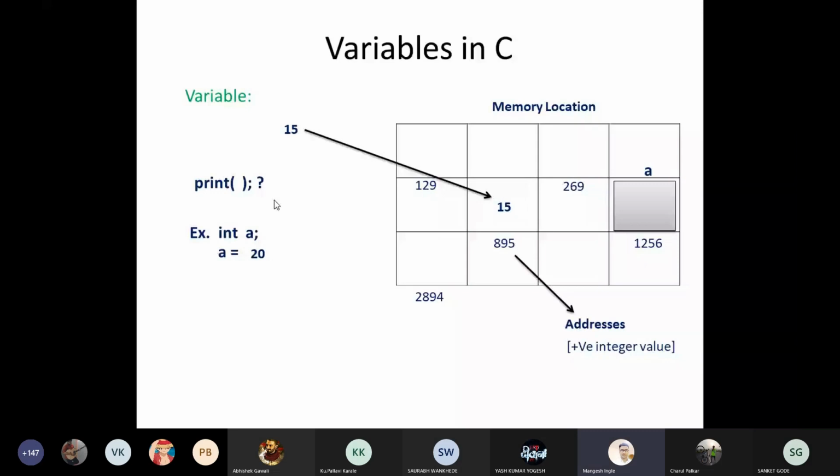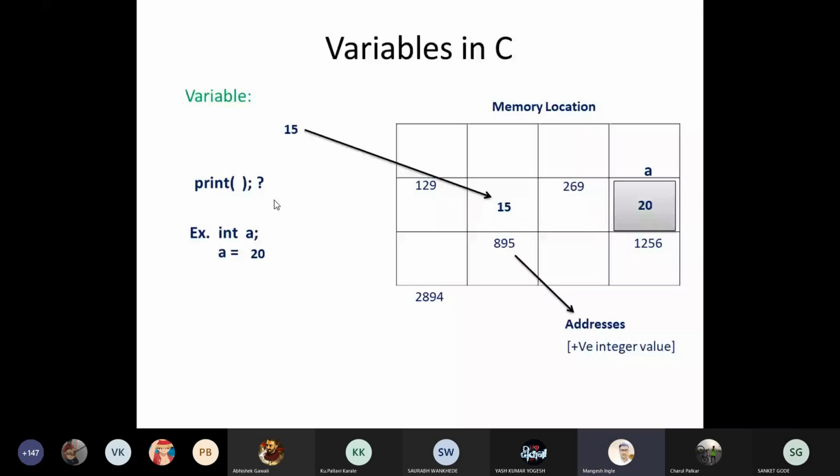Okay. Guys, concentrate here. Now, A equals 20 means 20 will be stored into that empty memory location. A equals 20. Now A is the identifier, the value is 20, and the memory location is 1256. Getting the relationship of that memory allocation. And what is the role of a variable in the C programming language? Just concentrate. I'm recalling it again. If you want to store 20 into A, you can store it this way.